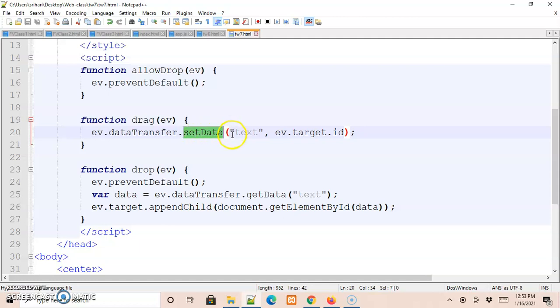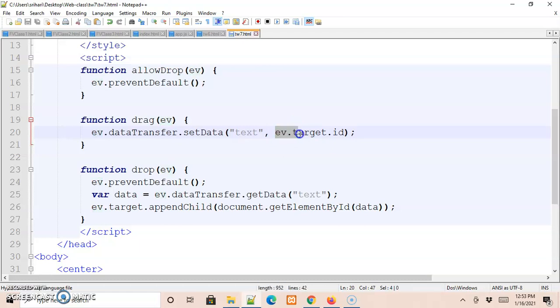This takes 2 arguments, that is the format and the data. Okay, so the first parameter indicates the format, the second indicates the data. The format can be the type of the drag data which will be added to the drag object, and the second parameter is the actual data that we would like to add to the drag object.